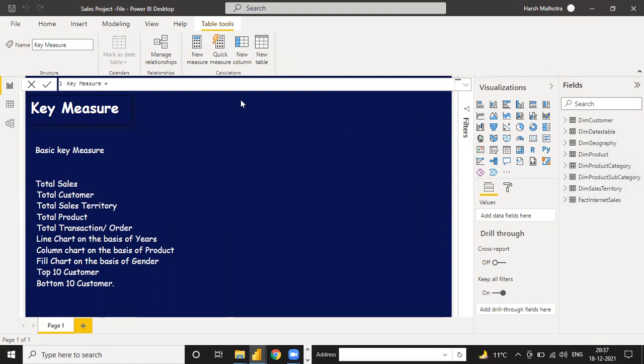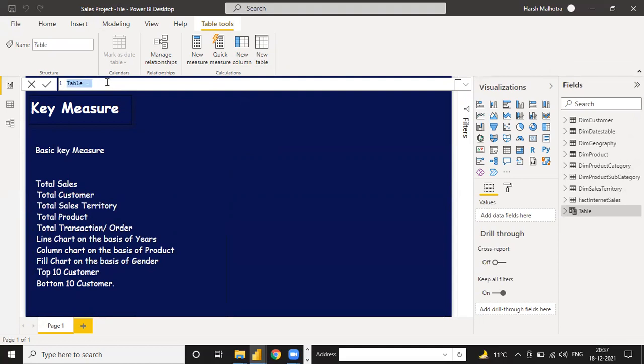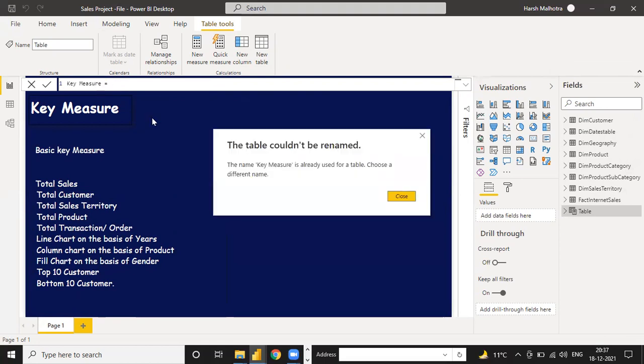Why is it removed? Why is it removed? Okay, let me add another. Key measure, just enter. Key measure is already used as the table. Where is the key measure, guys?